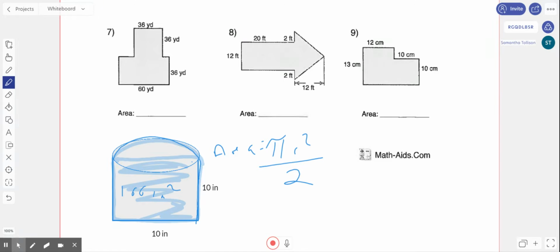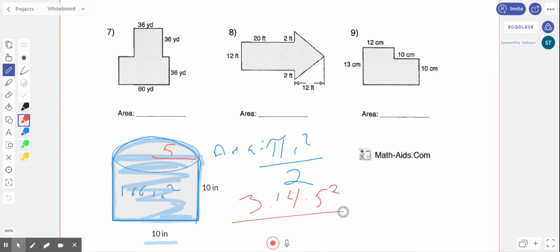So my diameter here is 10 going across, which I'm going to get from down here. My radius is half the diameter. So again, this is just basic vocab from our circle unit. So if my diameter is 10, my radius is half of that, which is going to be 5. So my area is going to be 3.14 times 5 squared divided by 2. If I do that on my calculator, I get that the area of my semicircle here is